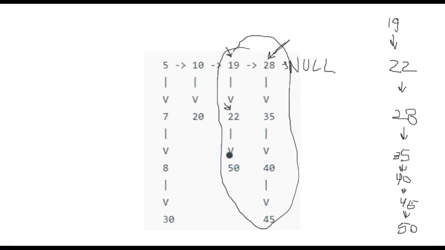Then we will go towards 50, and as we can see, between 50 and 28, 28 is smaller, so we are going to push 28. Then we are going to go towards 35, and between 50 and 35, 35 is the element pushed in the linked list. Then 40, and similarly 45, and ultimately after pushing 50 in the list,